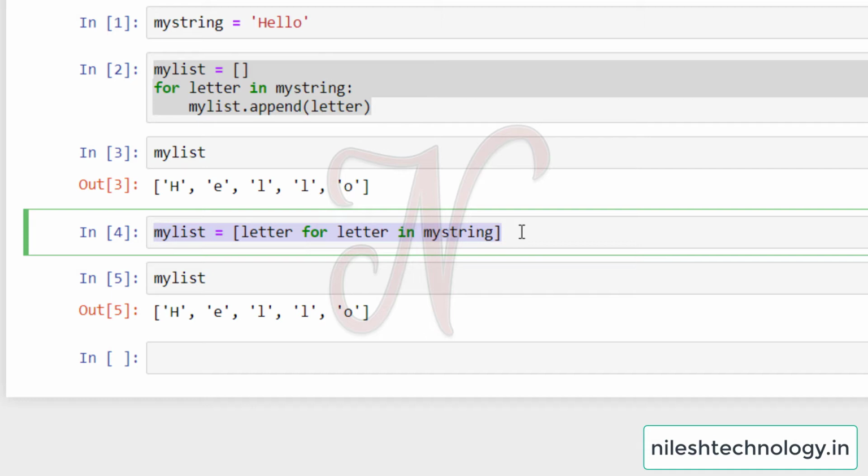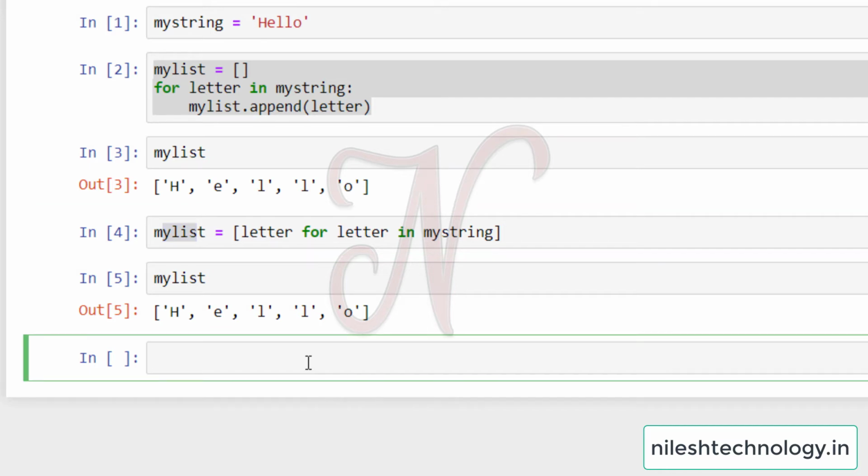Okay, so what is actually happening here? In this comprehension it just takes the element for elements in some other iterable object, such as another list, that is my_string. See here, this is like a for loop. One by one each character is retrieved from the string and goes into this letter variable, and this letter is returned and appended to my_list. So this is the sequence of execution.